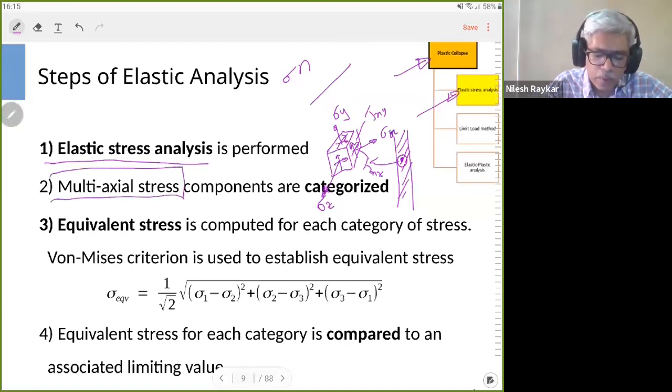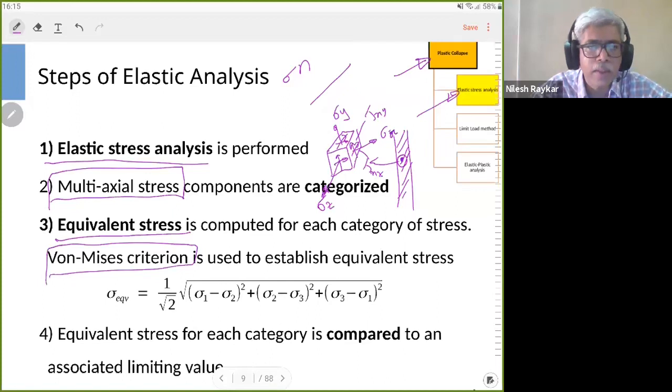All these components need to be considered, and they are collected together in terms of the equivalent stress. The von Mises criterion is nothing but consolidating these 6 components into a scalar number. This number is checked against the failure criteria. So the von Mises check has to be within 0.67 times yield strength. That is one of the criteria to be used. In order to do this analysis, the point to be noted is that you need to have the full stress distribution available at every point of the body.